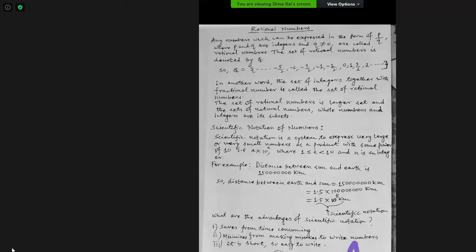First get the value of A. Here 1.5 is in the place of A, and the 1 followed by zeros is in the form of 10 to the power n. We can convert that into the form of 10 to the power n. This is the first step: A must be equal to or greater than 1 and less than 10. So here there is 15, and that 15 you have to convert.